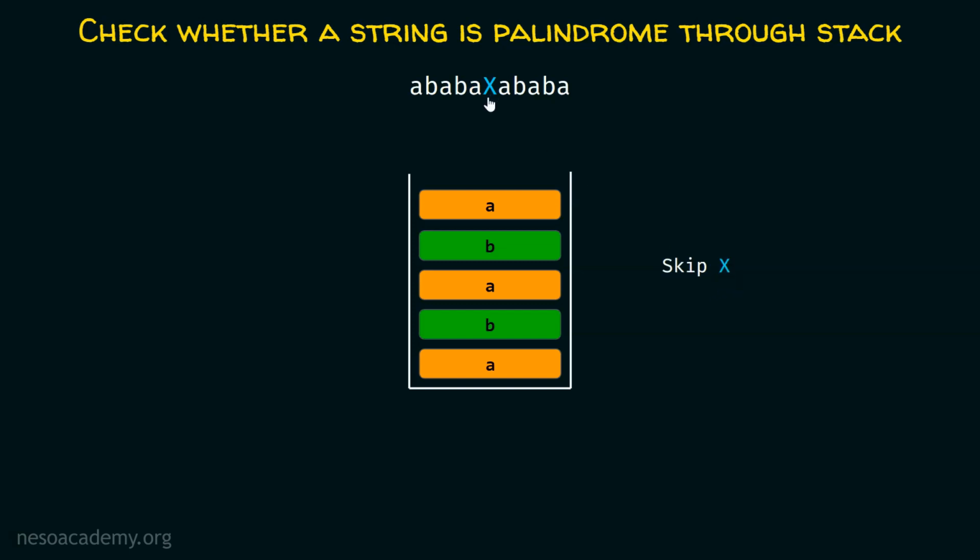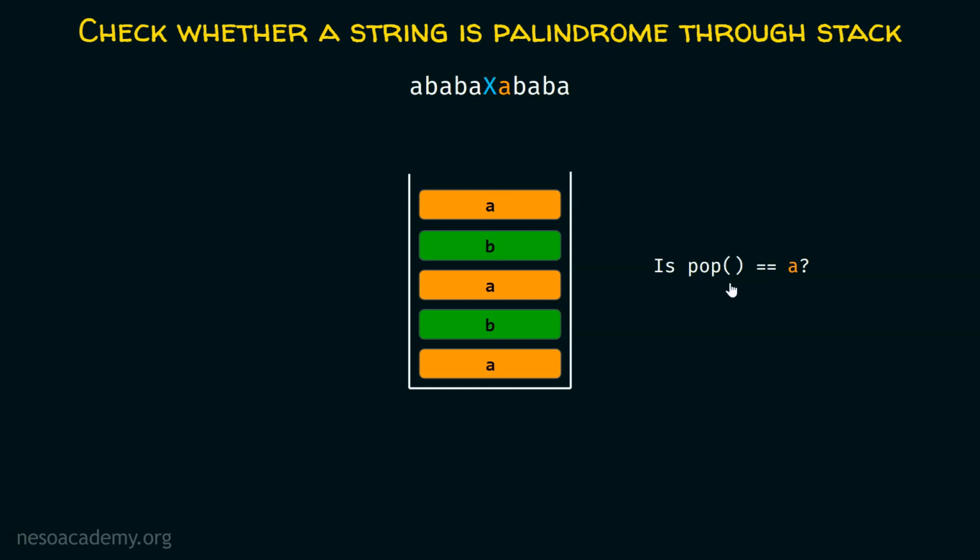Now after reaching the middle of the string, we have to read the rest of the characters, right? Now we'll again go and read the characters from left to right, but this time while reading the characters, we'll pop the elements out of the stack one by one and compare them with these characters. Got it? Now after reading this capital X, we will read this character. Now we will check, is pop equal to A? Is pop, which means is this character, equal to this character? Is this the case? Yes, you can see that this character is equal to this character, right?